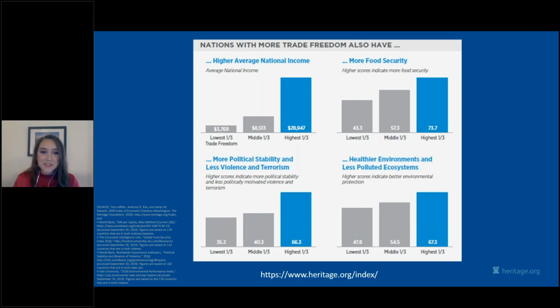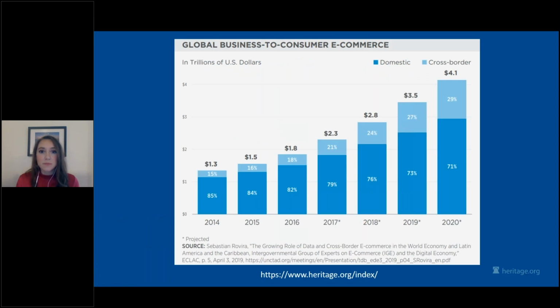I'm going to tell you about digital trade. So what is digital trade? Digital trade is broader than e-commerce. E-commerce is the buying and selling of goods and services over the internet. Digital trade encompasses this, but it also includes data flows that facilitate global supply chains, services that power smart manufacturing, and other digital platforms and applications.